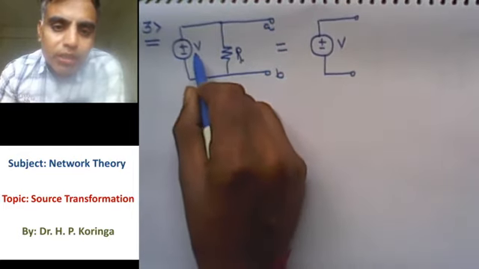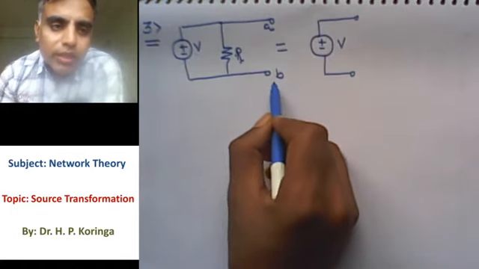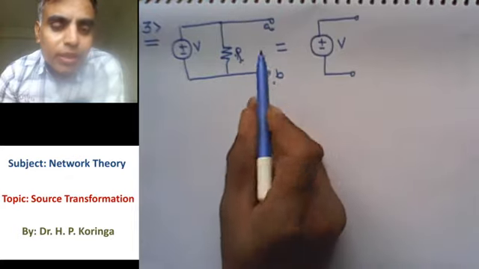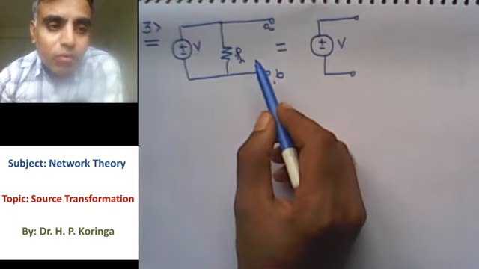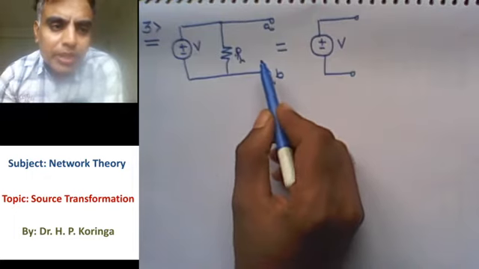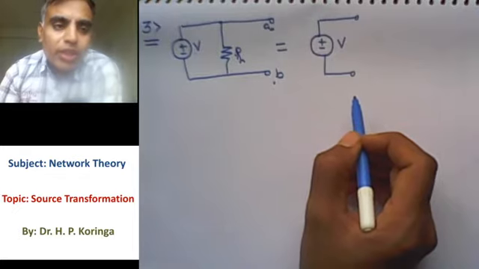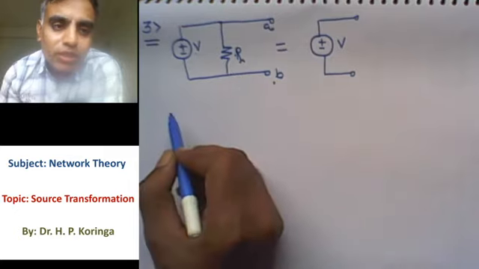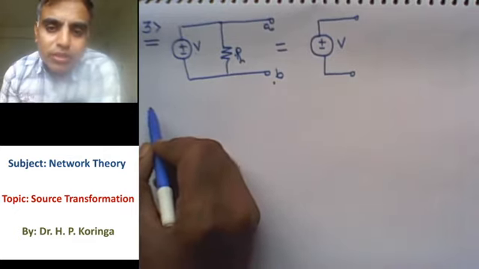If we connect V volt in parallel with 10 mega ohm, then also we'll get the terminal voltage equal to V. So there is no effect of this resistance which is connected parallel to any voltage source. So it can be replaced by an infinite resistance, meaning an open circuit. So that means we can remove that resistance. So both the circuits are equivalent, we can remove that resistance irrespective of the value of that resistance.